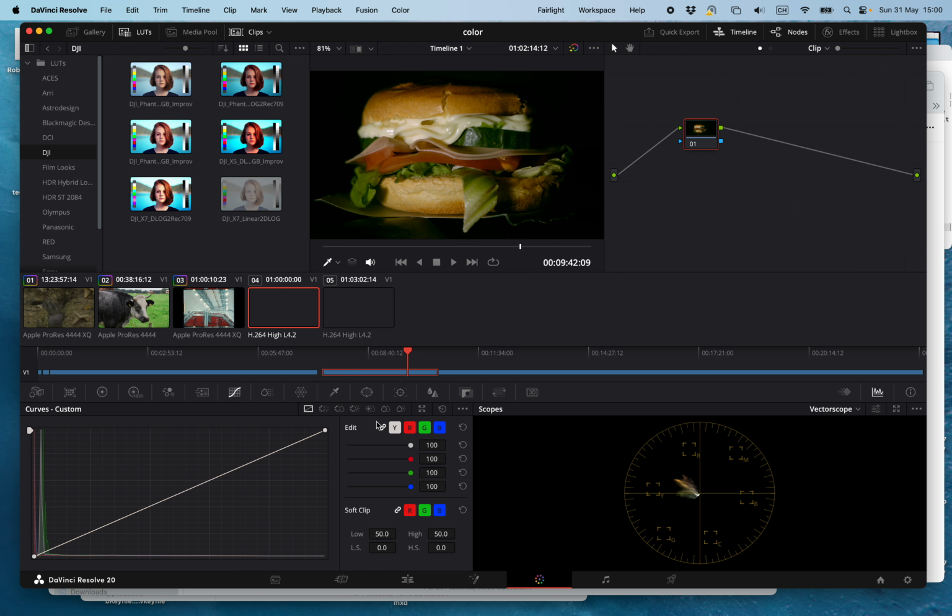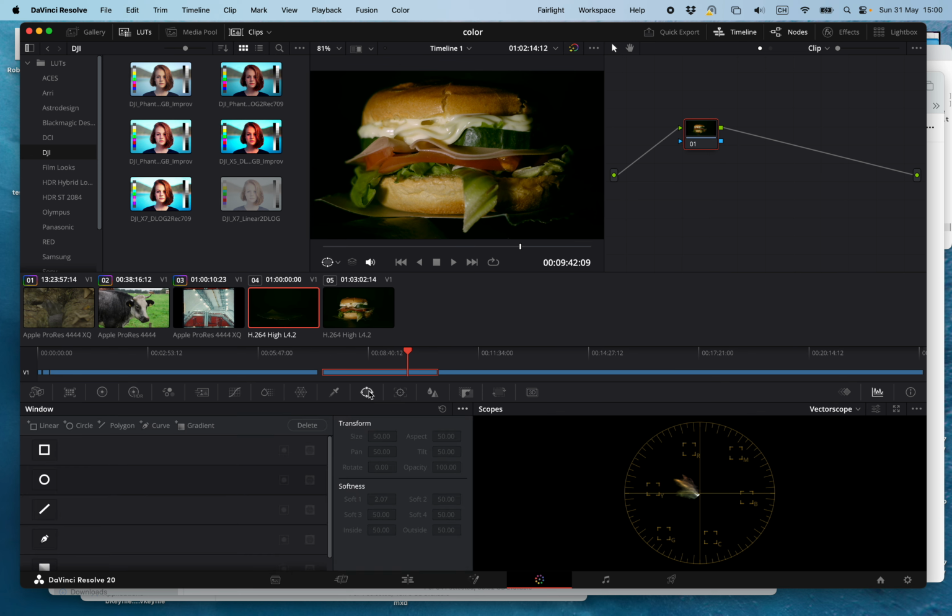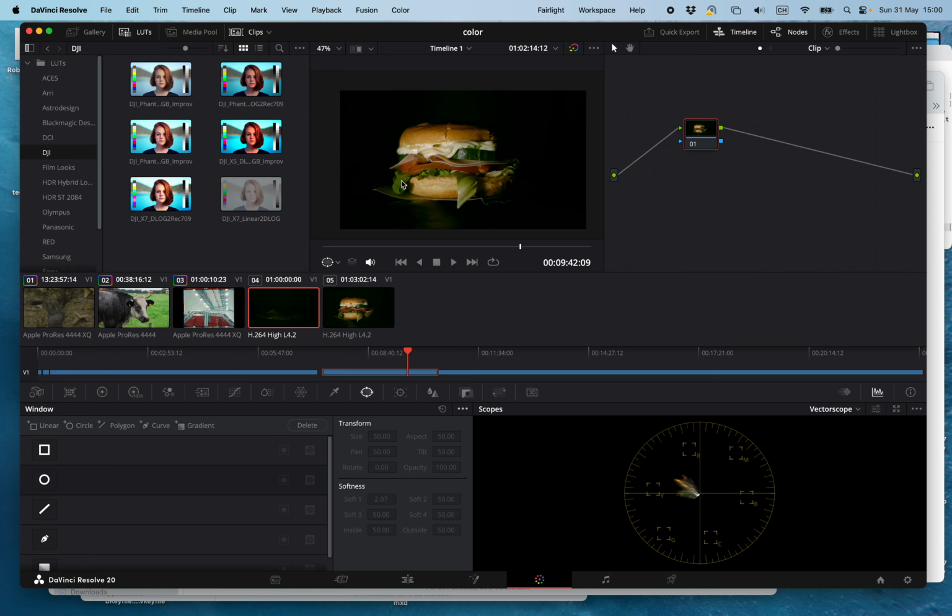So the first thing I want to do here is add a mask. You can create masks in this tab over here. You got different shapes. So for this image, I guess an oval could be enough. So I can change the size here, move it over here. Let's make it a little smaller around the center. And then I create a soft edge. So this part here is the soft edge,